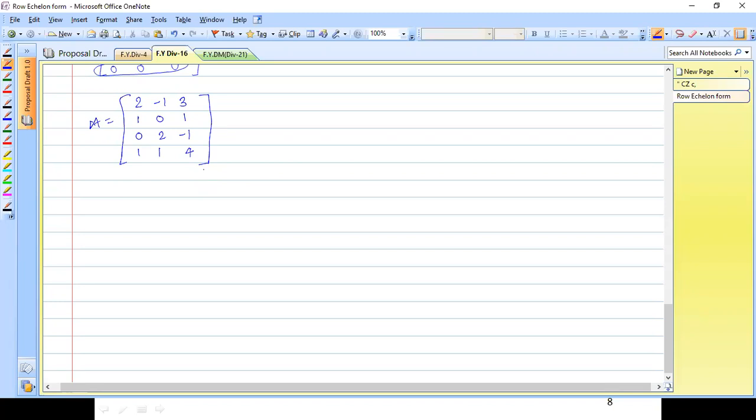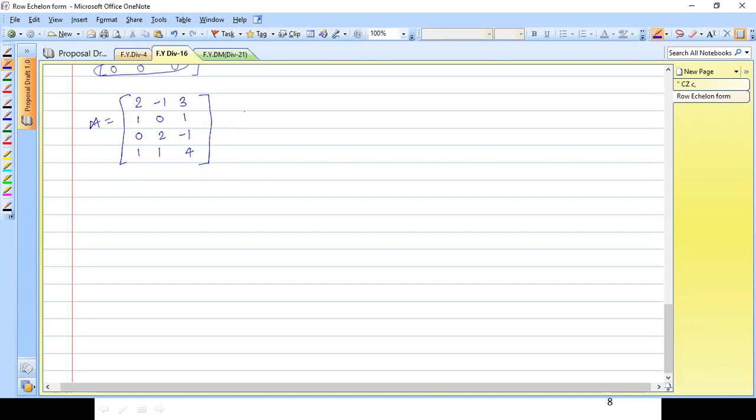So I'm going to give you some time. Now see, it may happen that someone uses interchange of rows, someone directly uses the operation of multiplying by 2 and then doing subtraction. It is okay. Someone uses a different operation, it is okay. If you are very correct in the operation, you will get the same result. All the people will get the same result. Just use row echelon. Okay.